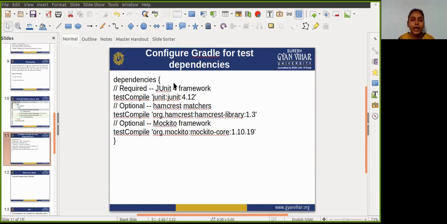JUnit provides a number of assertion methods, but the assertThat method is the most flexible,